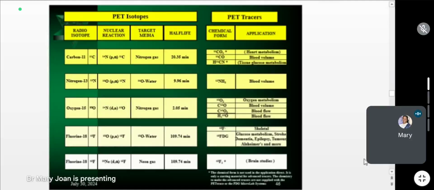So where it is used. C11 carbon dioxide is used for metabolic heart function evaluation, and carbon monoxide C11 is used for blood volume studies, and HCN carbon 11 is used for tissue glucose metabolic studies, and oxygen 15 is used for